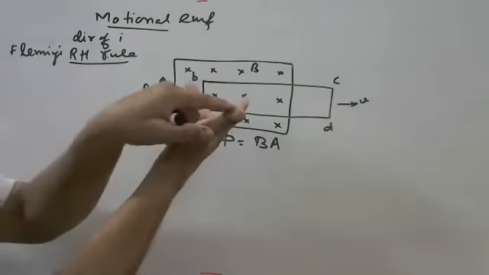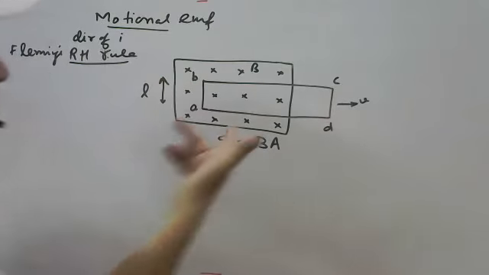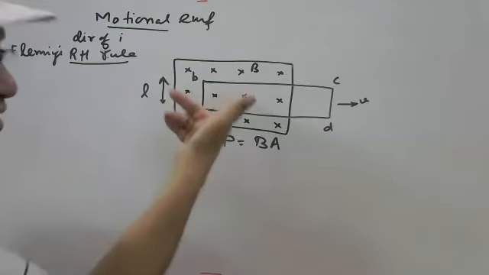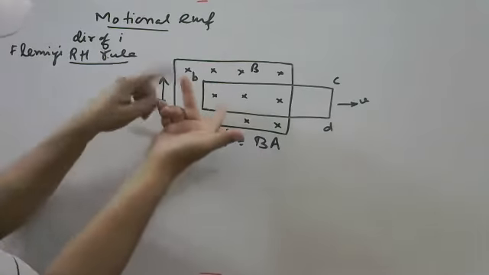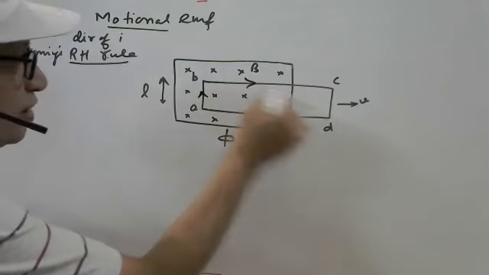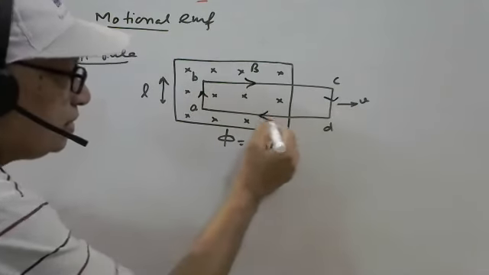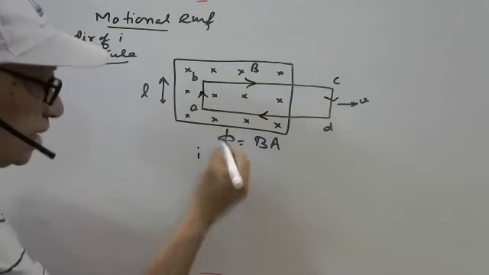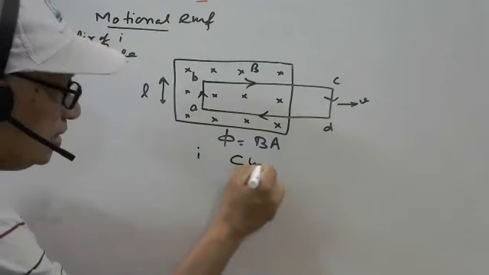You apply. Suppose the thumb here is towards right and the forefinger is inward. So this middle finger, current, will tell you the direction of induced current, A to B. A to B. So what will happen? Direction of induced current is clockwise.